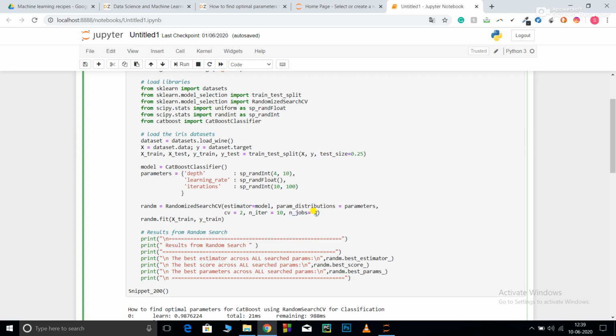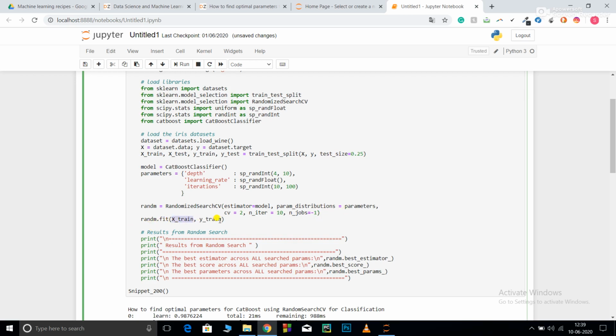So n_jobs means basically the total number of parallel processes that you want to run. If I pass n_jobs equal to 5, it means it will do 5 parallel processes at the same time. Whereas if I pass n_jobs equal to -1, this means it will use the maximum number of parallel processes that it can. For example, if my computer is an octa-core computer, it will do 8 parallel processes. One more thing, the number of n_jobs doesn't affect the accuracy of my model, so always keep it to the maximum.